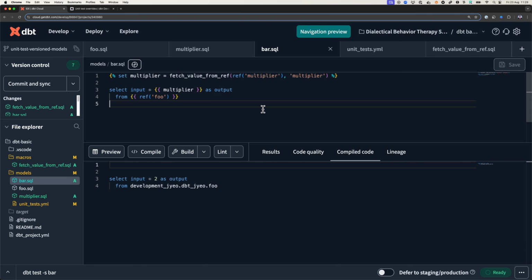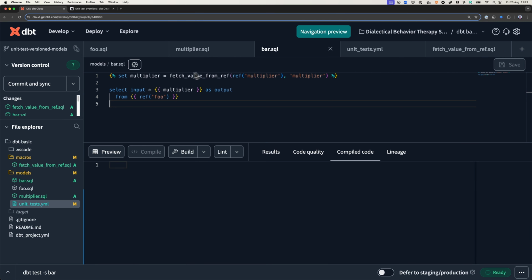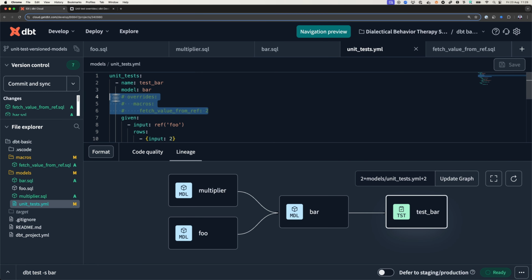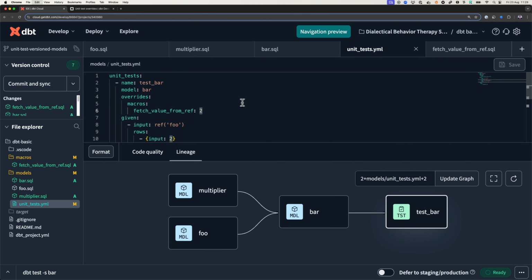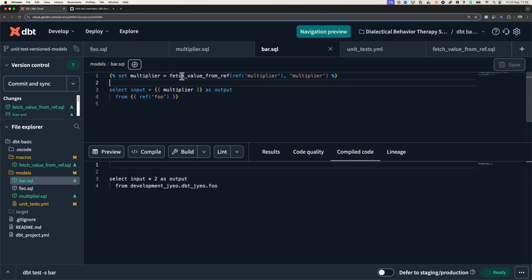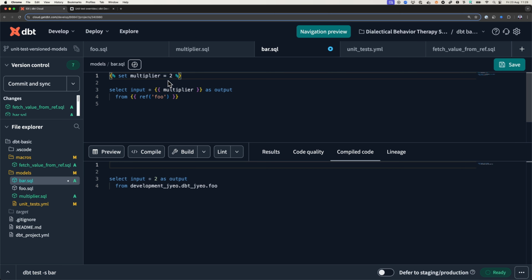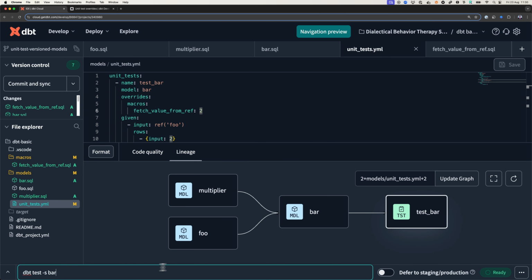So what can you do about this? The documentation says that if you have a macro that has refs in it, you have to provide an override. What this override says is, I go to my model, I look at my macro, call fetch value from ref, and then what is the value here? So when we are doing a unit test, it is going to override and just return the 2 exactly like this, which we know will work just fine. If we try and test now by just providing the override like so,